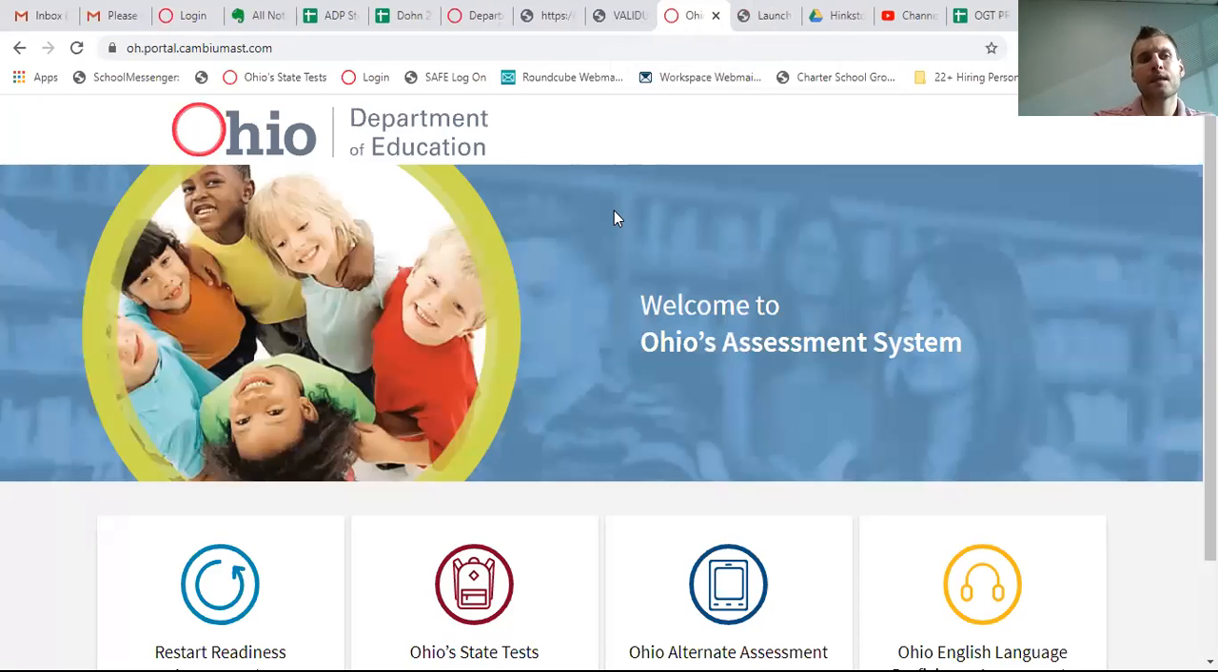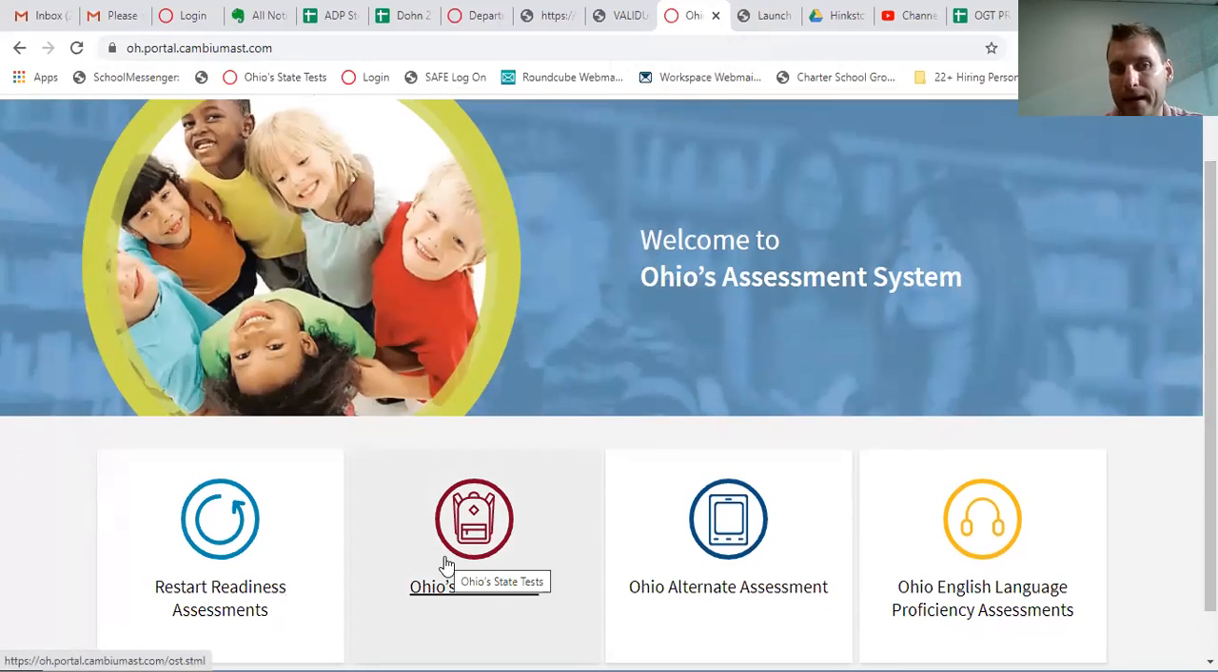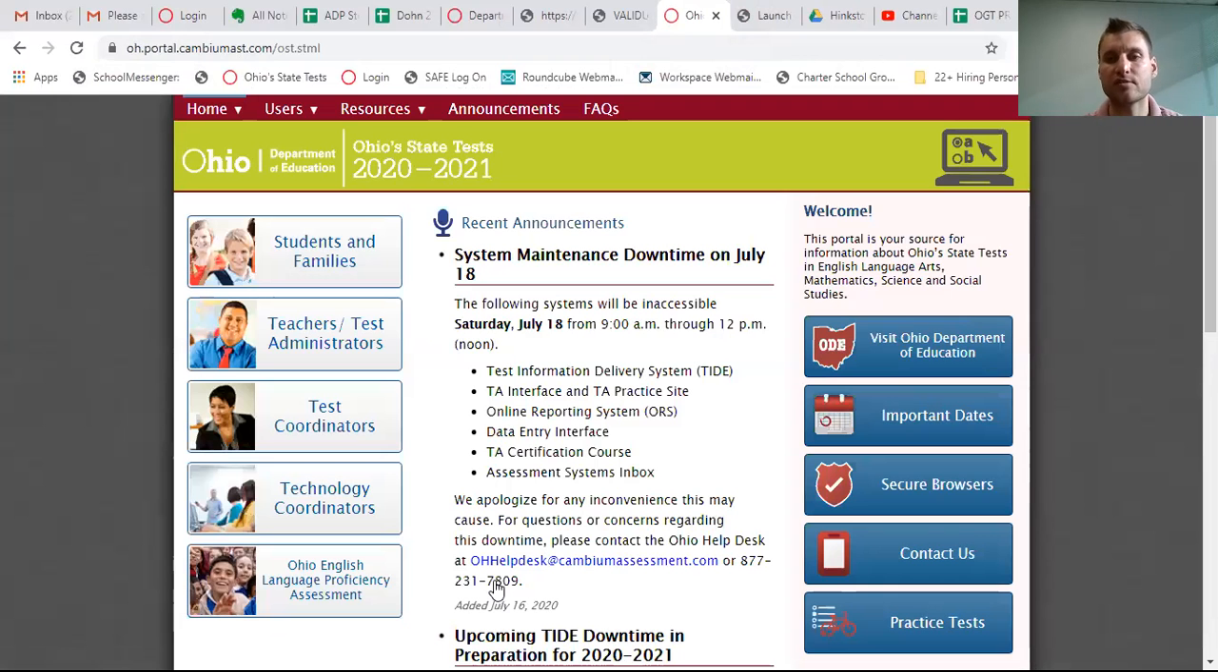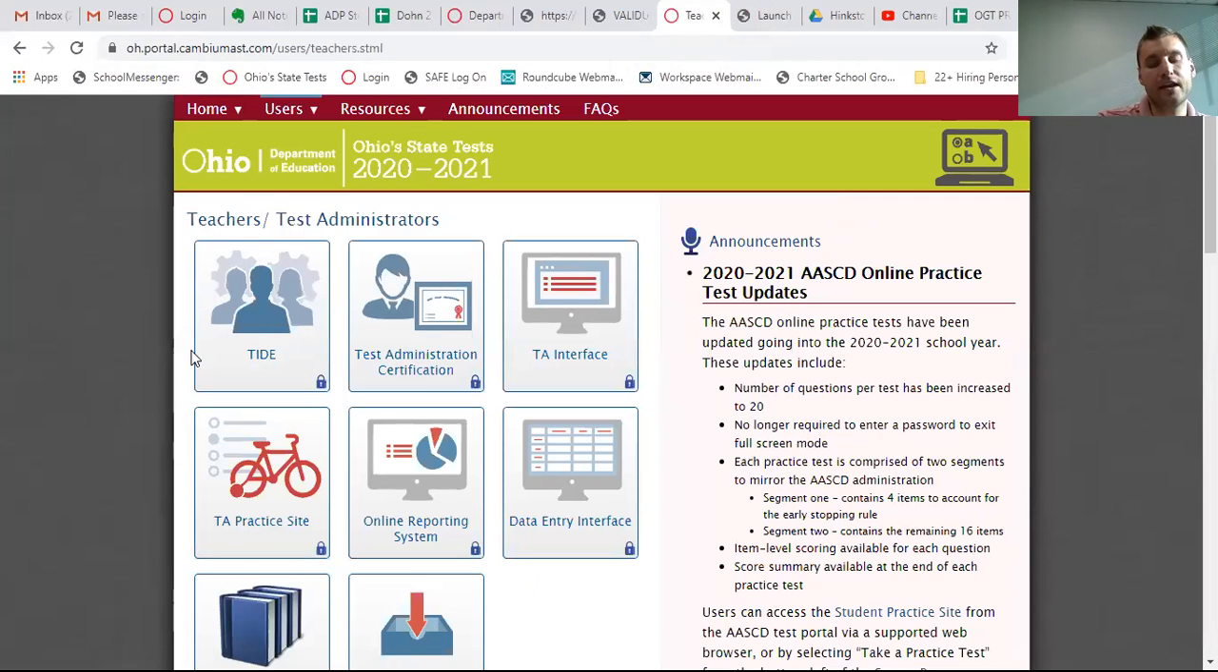Okay, so anyway, this OH portal, Canvas, whatever, is the new splash page that you can access Tide from. And this red backpack icon that says Ohio State Test is how you get into this. This is the part of the interface that I think is essentially the same. We're still going to teachers and test administrators. Again, all this stuff is the old interface, old software. If we click on Tide,